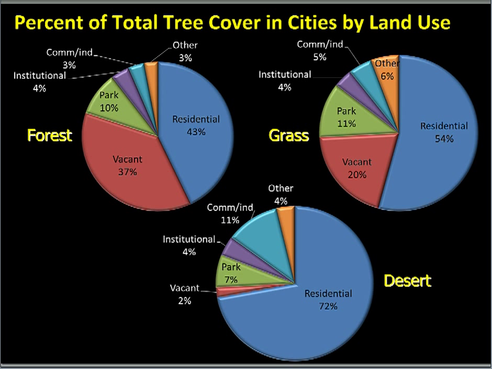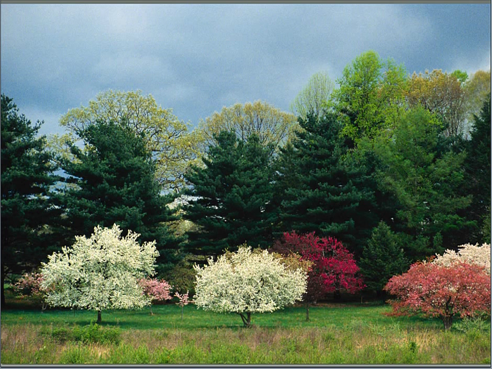Because when you're in a desert, very few trees regenerate in vacant areas unless you're, say, along a stream area. In grasslands, again, you need the water. So vacant lands become much more important in forested regions to provide forest cover, because you have that regeneration. But when you move to deserts or more grassland areas, those residential landscapes where people are planting trees become more significant in terms of the urban forest benefits.